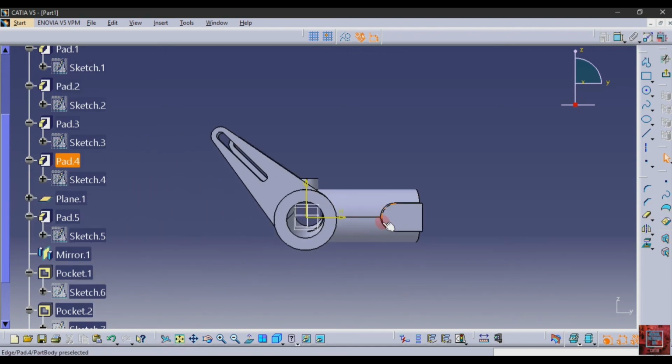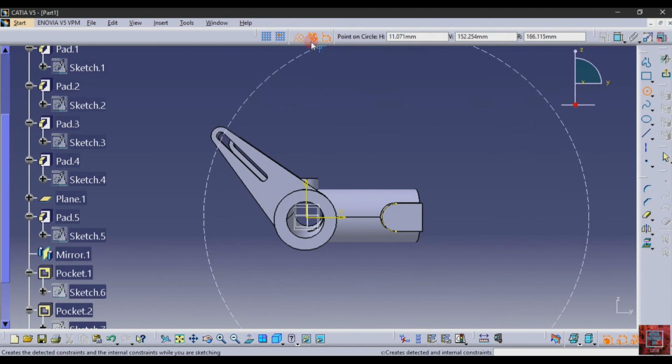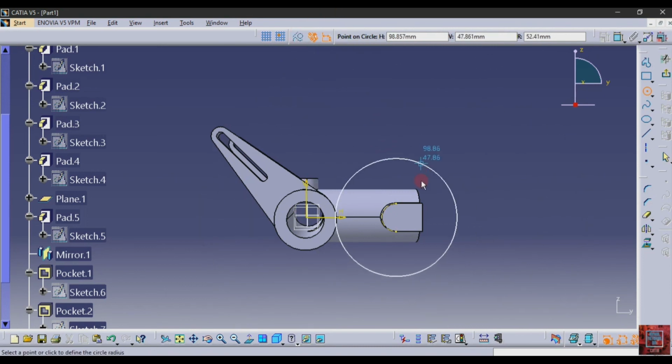After that select this plane, sketch, fit to screen, select this edge, project the element and make it into a dash. After that select a circle and take it to the center point and remove this construction line.